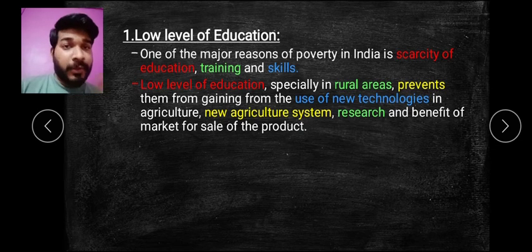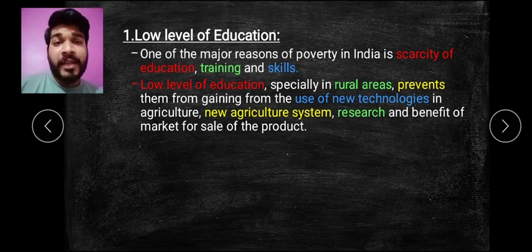And again some of the farmers, or we can say rural areas, are orthodox, with an old mentality. They do not have the ability, or they don't want to adapt the new technology. So this is again the main problem: because of lack of education, they are very conservative with their own techniques. They are not open to acquiring new techniques for a new agriculture system. So that was making them not upgrade themselves.